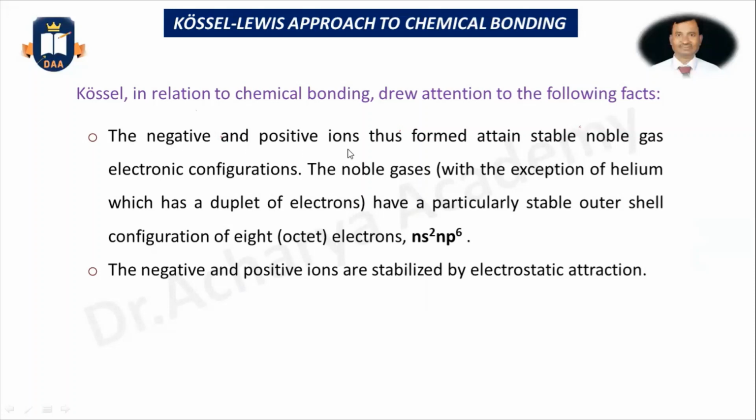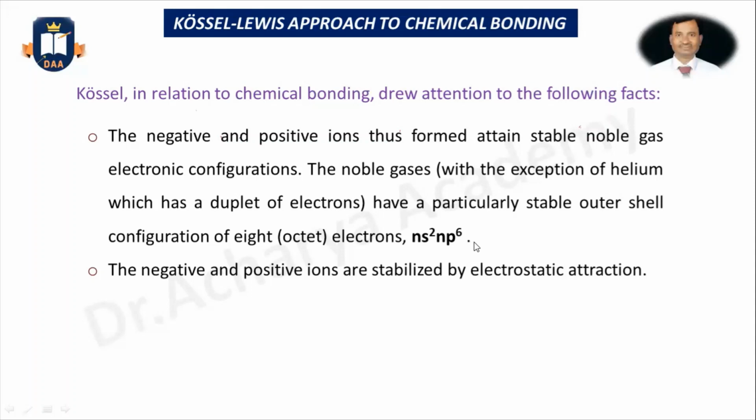The negative and positive ions thus formed attain a stable noble gas electronic configuration. The noble gases have a particularly stable outer shell configuration of 8, that means octet electrons, ns2 np6, like Lewis. Same